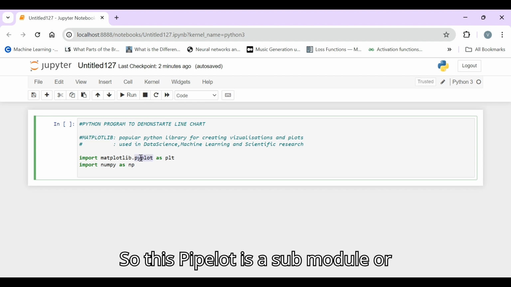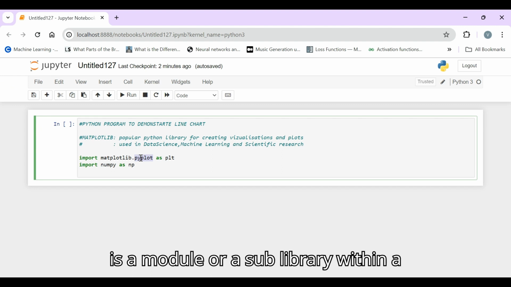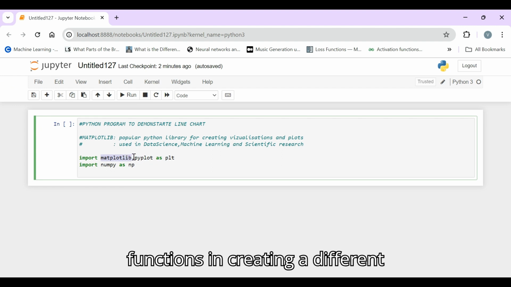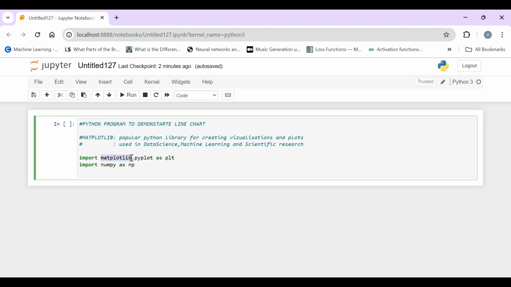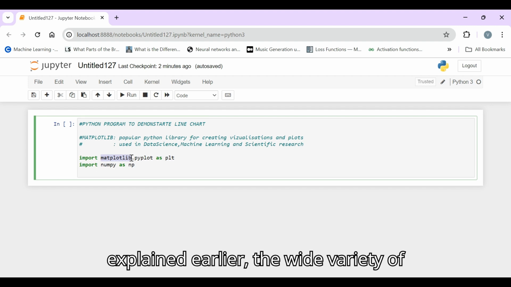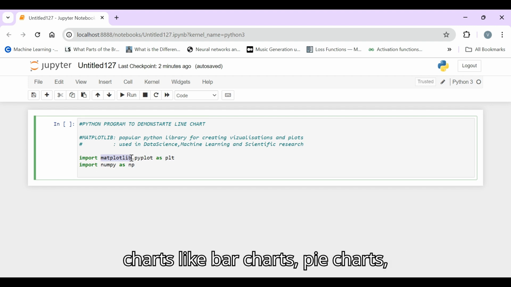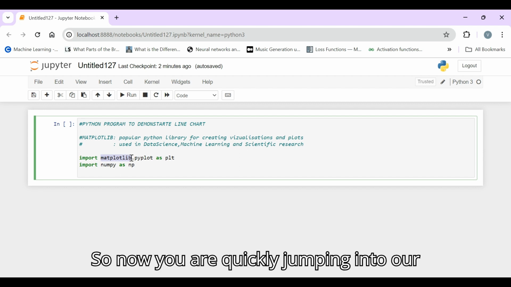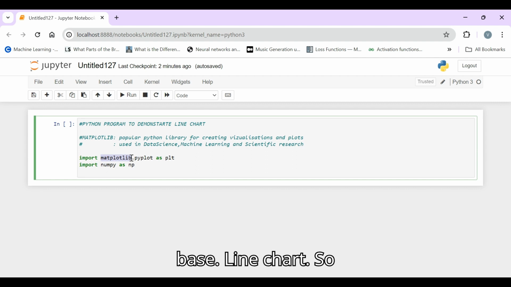This pyplot is a sub module within matplotlib. It is a collection of functions for creating a wide variety of charts, like bar charts, pie charts, scatter plot, box plot, etc. So now we are quickly jumping into our basic line chart.